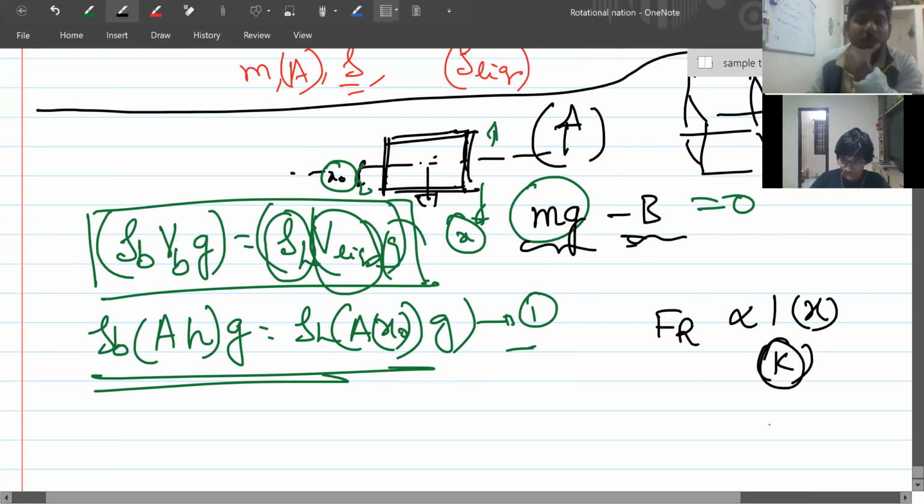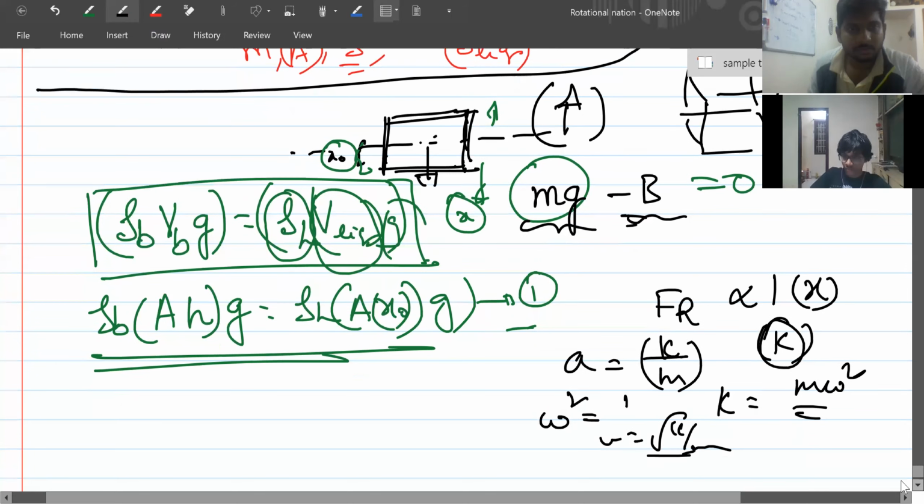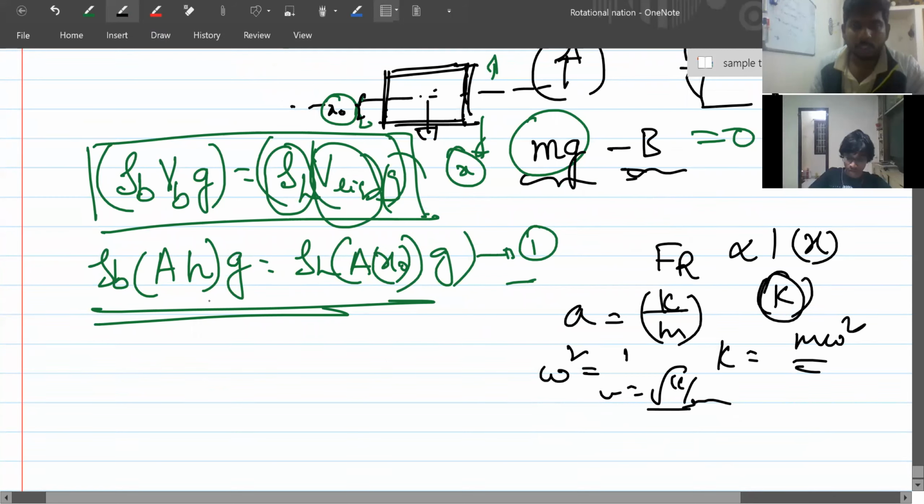K is equal to, I told you, m omega square. Do you remember this or not? Because acceleration, omega is root k by m; k by m will be equal to omega square. Omega is equal to root k by m. This is the way you need to approach this problem. I can give you the direct formula, but I don't remember it. That's why I'm deriving it. Okay, so now extra x I displaced.